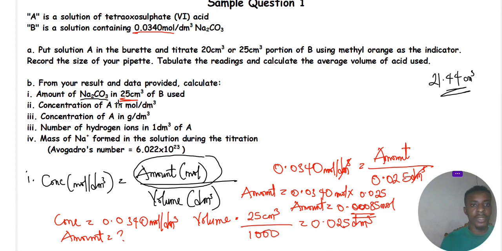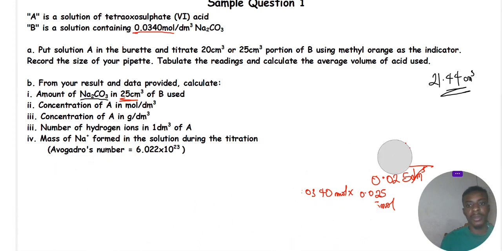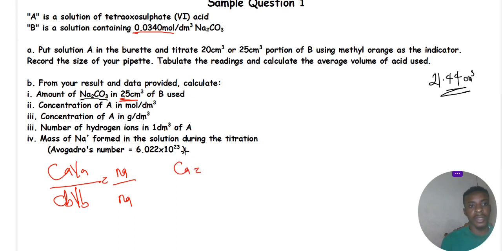The next one says we should calculate the concentration of A in mole per dm cube. To calculate the concentration of A in mole per dm cube, we use this formula, CaVa over CbVb equal to Na over Nb. So our Ca, which is the concentration of the acid, is what we are looking for, unknown. Our Va, which is the average titre value, is